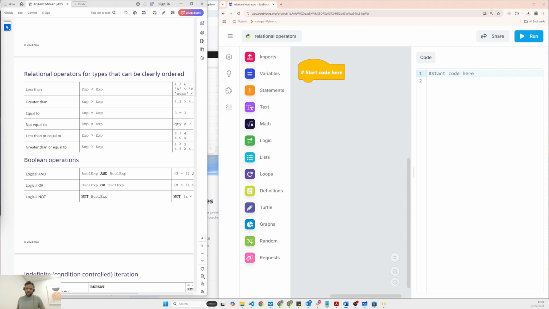So first up, let's start with less than. Think of it like a hungry alligator. It always wants to eat the bigger number. For example,